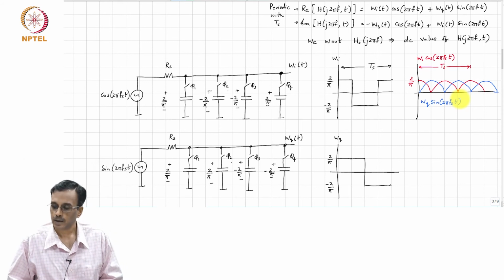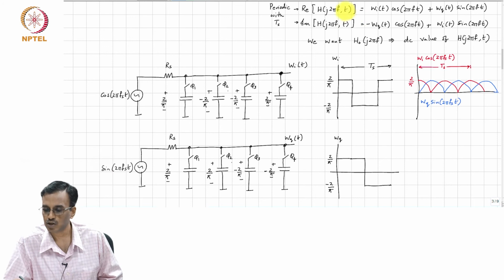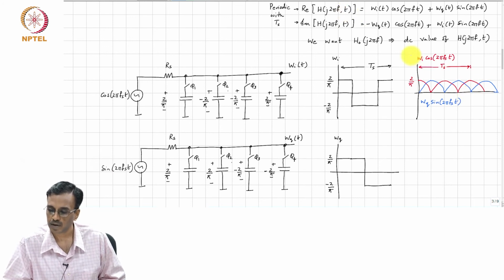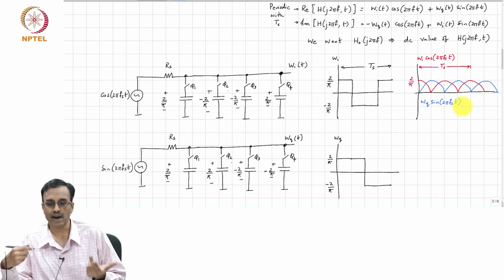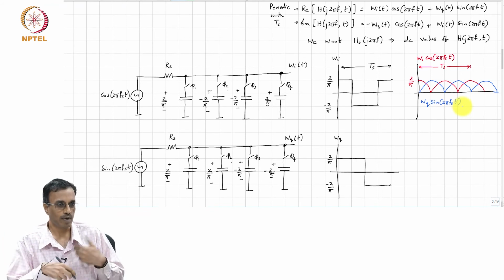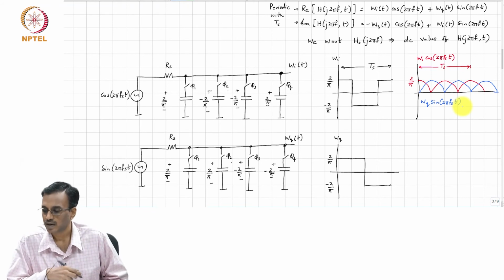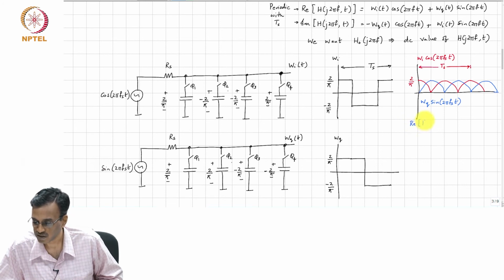All right. So, we are interested in the average value of Wi cos plus Wq sine, right. Rather than add the waveforms and average them, you might as well average the individual waveforms and add them, right. So, the average, the real part of H0 of j 2 pi Fs is nothing but